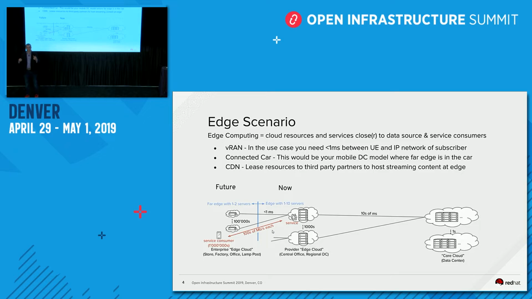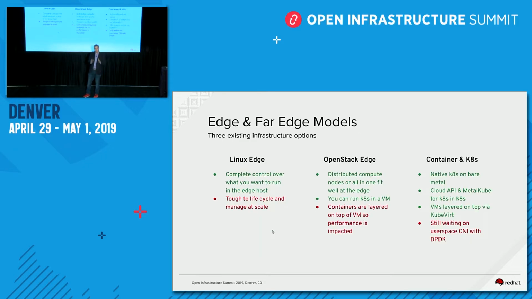So just to get you guys thinking about how I'm seeing edge, and I'd like to hear from you guys how you're seeing it as well. But that's kind of what this slide is showing you here, is that you have edge, far edge, and you may actually just start the journey at edge and then make the forward-looking journey to far edge, depending on how your use case evolves.